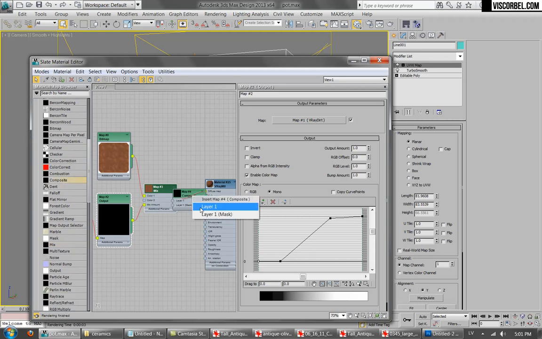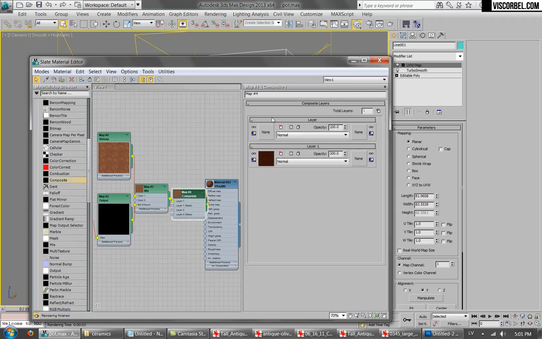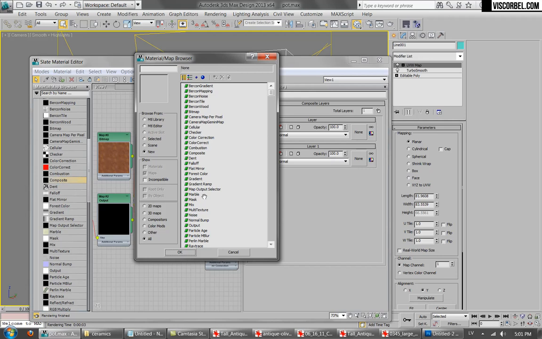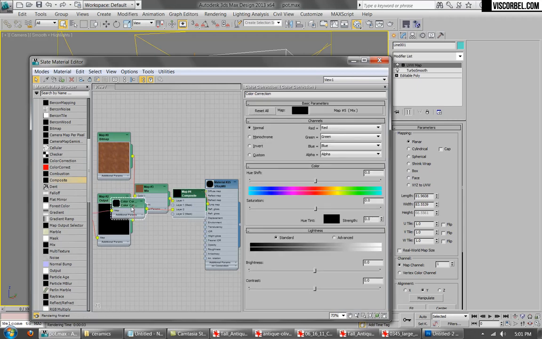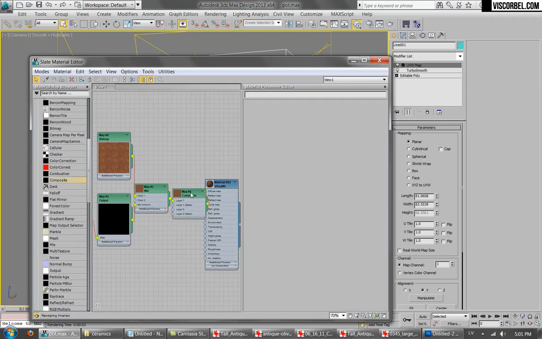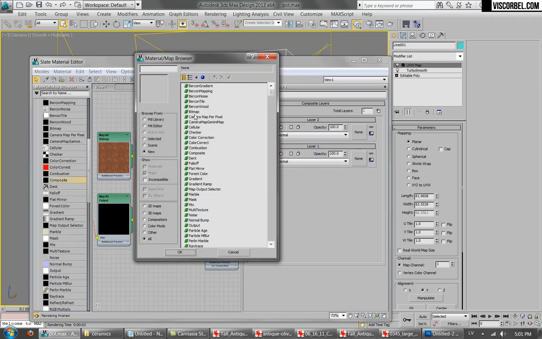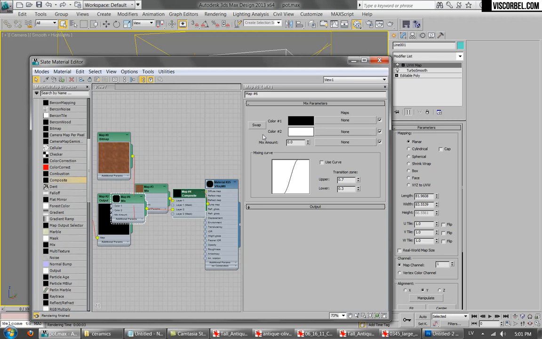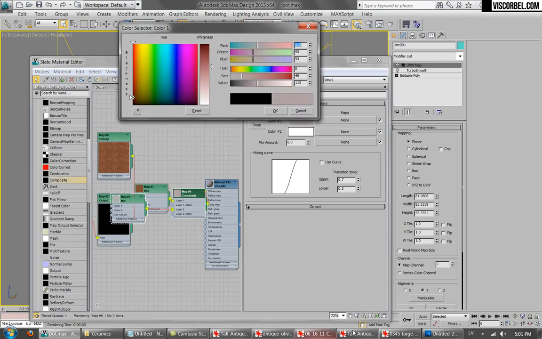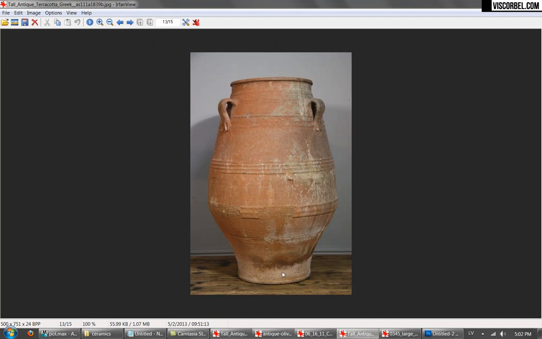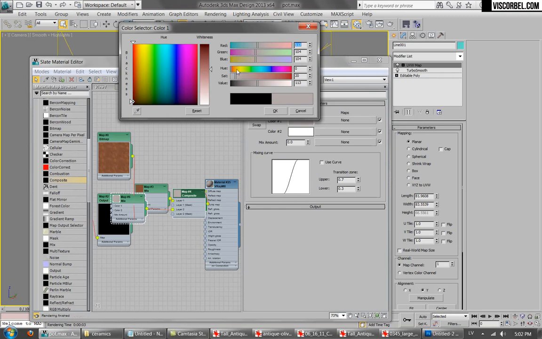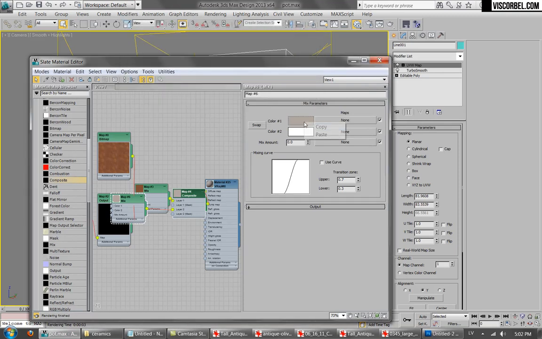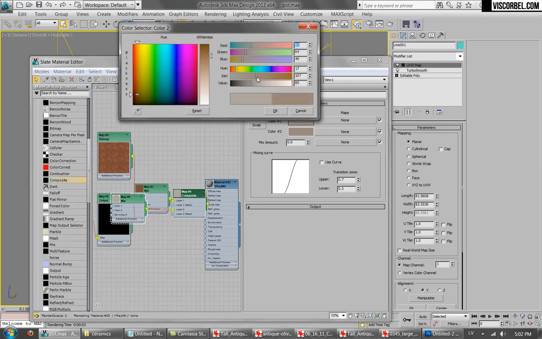Okay, let's leave that mix as our first layer, and for the second layer, we're going to add some, let's start with a basic mix of two light colors. Okay, let's go back. Let's set up a mix with two whitish colors, something like you can see in this area here. So beige, whitish, okay, like that. Copy, paste, make a bit different,